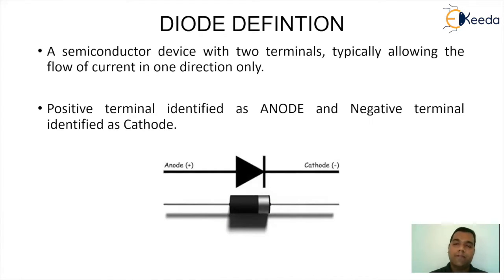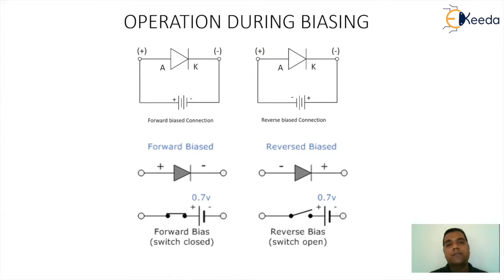A diode is a semiconductor device, and all of us are aware it has two terminals, anode and cathode, where the anode is notified as the positive terminal of the device and the cathode is notified as the negative terminal of the device. We need to understand the operation with respect to biasing. So again we have a question: what is biasing? Biasing is basically the use of an external energy, a DC battery, connected to a device for device operation.